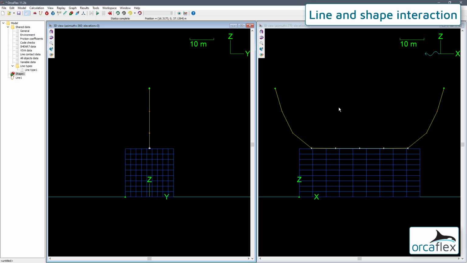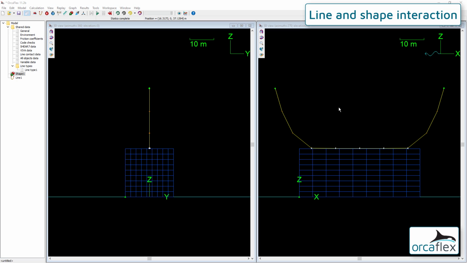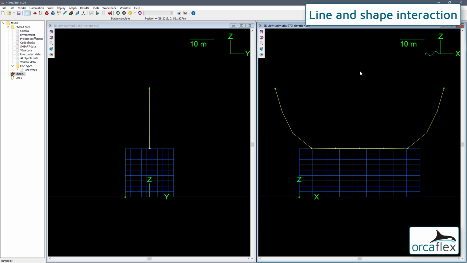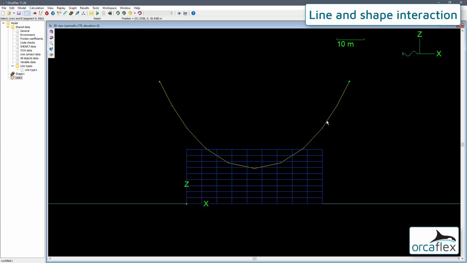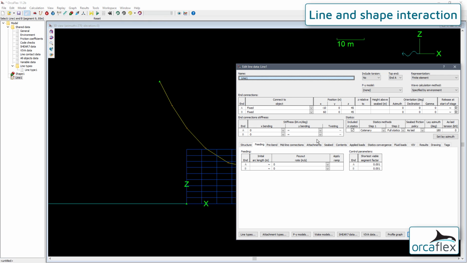I mentioned earlier that a linear reaction force is applied to nodes to move them to the nearest surface. We need to take care that the nearest surface is the one we intend the contact to be modelled for. As an example, we'll move end B of this line slightly and rerun statics. On the line data form, we'll modify the NB values to 75, 0, 30.